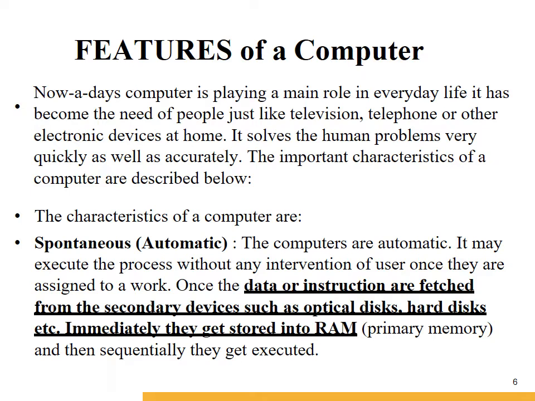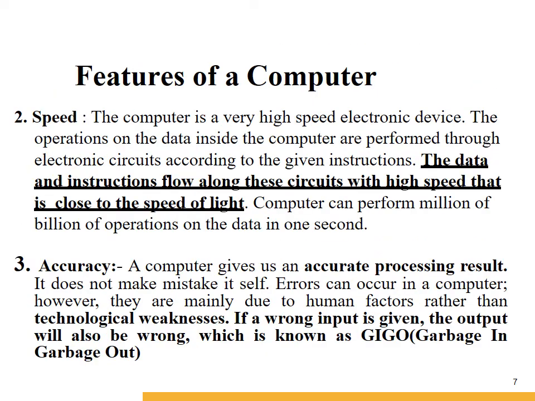So now, next feature of computer is what? Speed. So a computer works on the basis of the on and off system of electricity. So it has a high computing speed which is out of imagination. It can perform thousands of activities in few seconds that a human being can do in entire year if they work day and night.